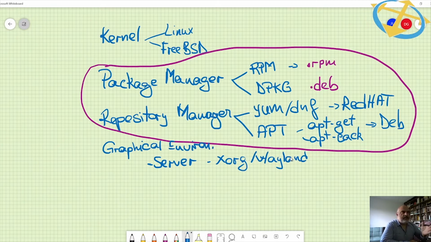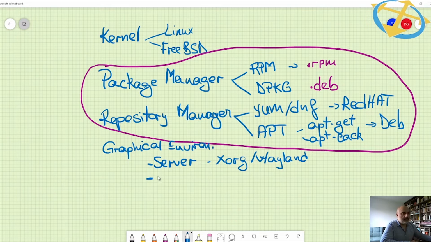The graphical server is not a variable, actually. All the distributions are pretty much using the same graphical server. The actual ones, almost all of them, are using Wayland. The variable part is